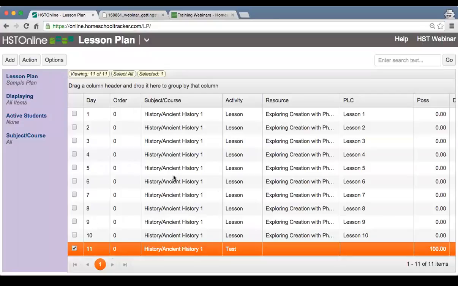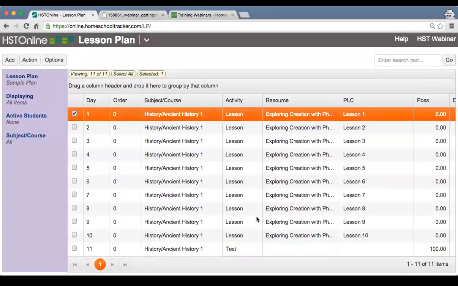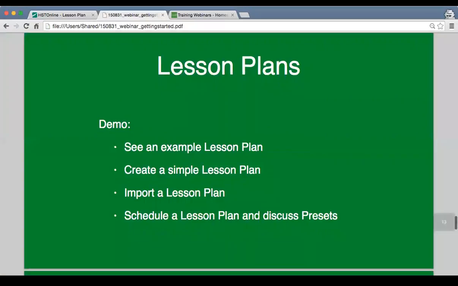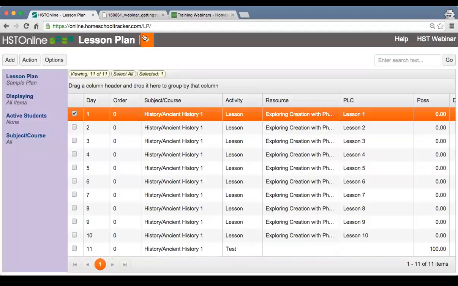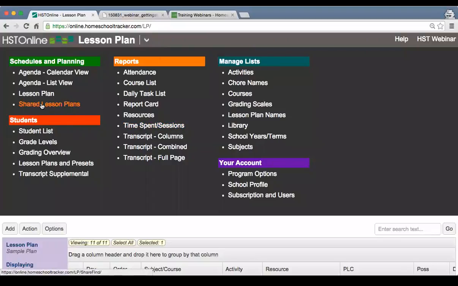Okay, so we created a very simple lesson plan here. And this is something that we could certainly use in our homeschool. So the next thing I want to show you is how to import a lesson plan from the shared lesson plan library. So if I go back to Homeschool Tracker and go to the menu and go to Shared Lesson Plans,